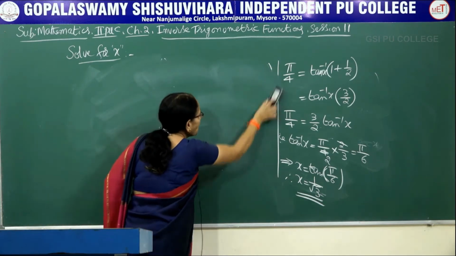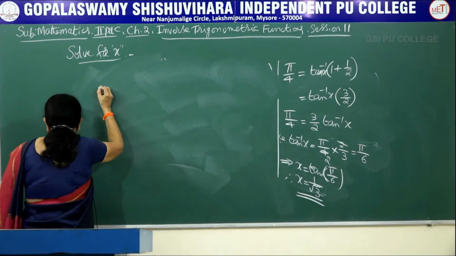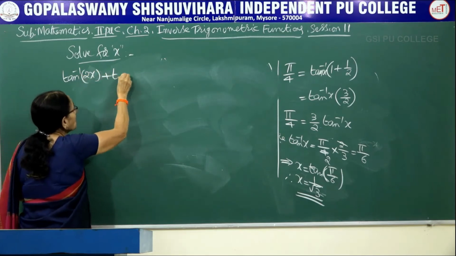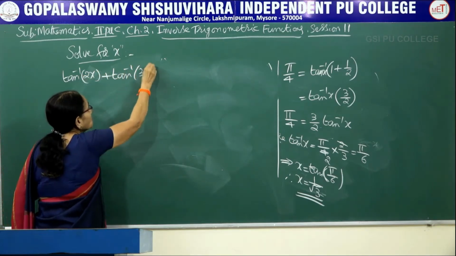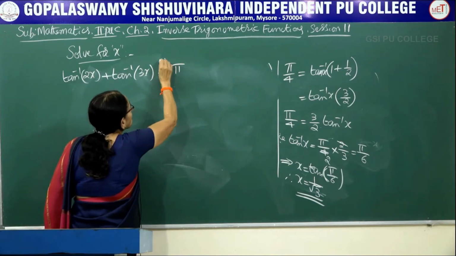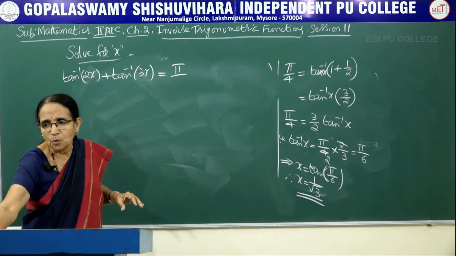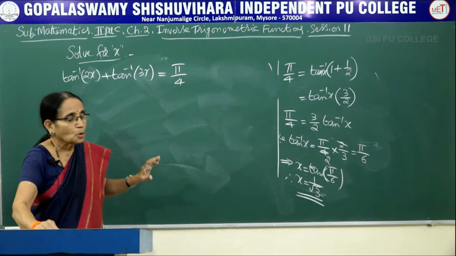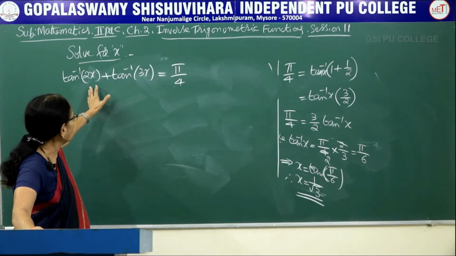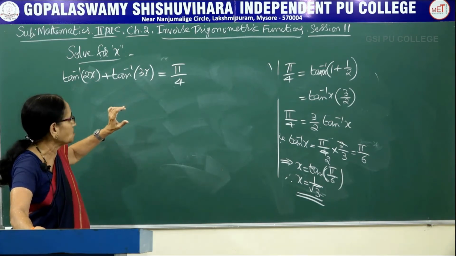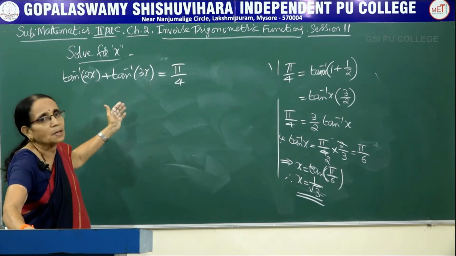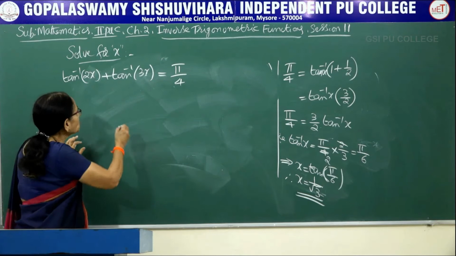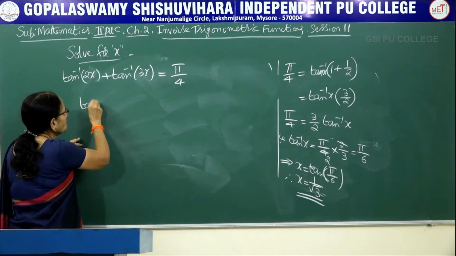Here also we are making use of a property again. That is tan inverse of 2x plus tan inverse of 3x is equal to pi by 4. Now this is the question. Where is x present on the left hand side? Both the terms contain the unknown quantity x here, and you can directly apply the property. It is of the form tan inverse x plus tan inverse y, the fourth set of property. So let me apply that property and simplify the left hand side.